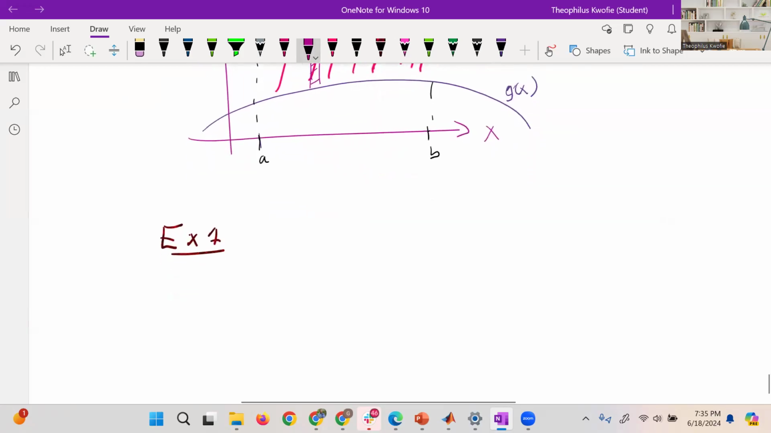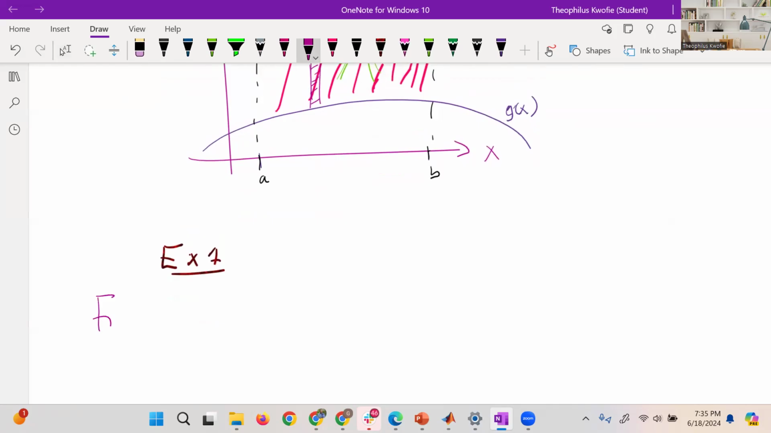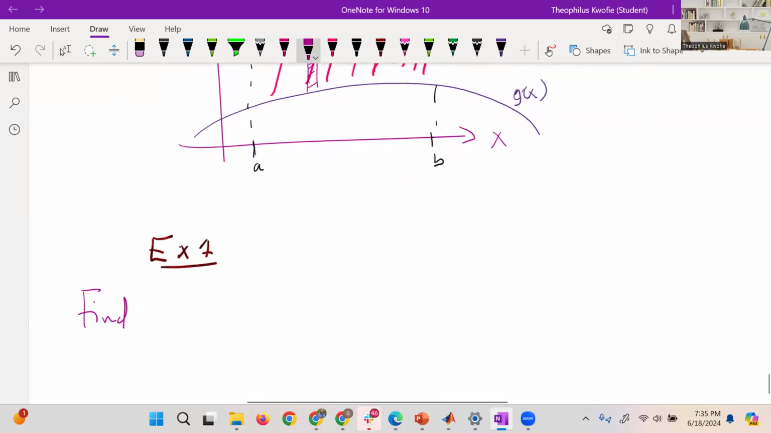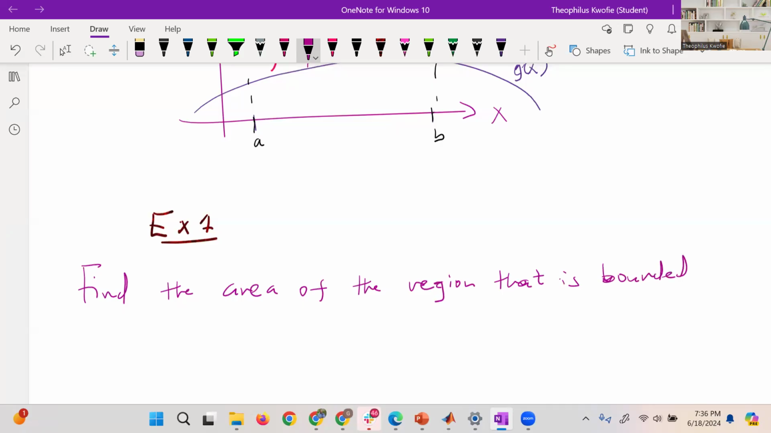So let me bring in an example. As a good example, let's look at this problem and see how best we can solve it. What if I ask you to find the area of the region that is bounded